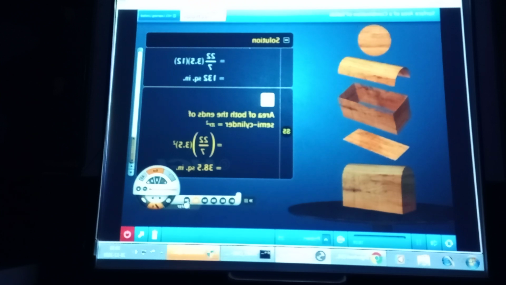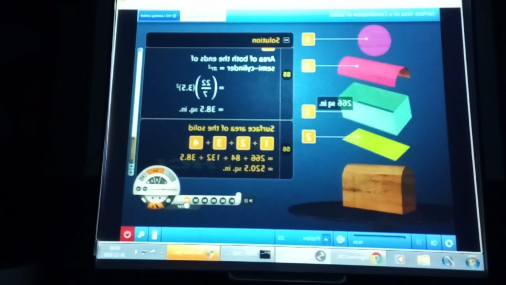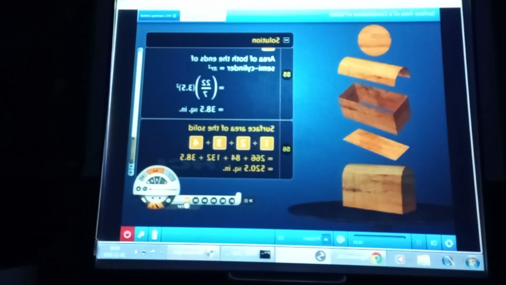सभी के फाइंड आउट कर लिए। अब देखो सबको Now we add all the surface areas to find the total surface area of the solid. ये थे आपके टोटल एरिया।